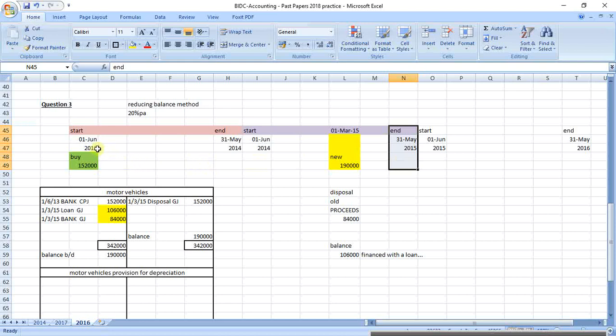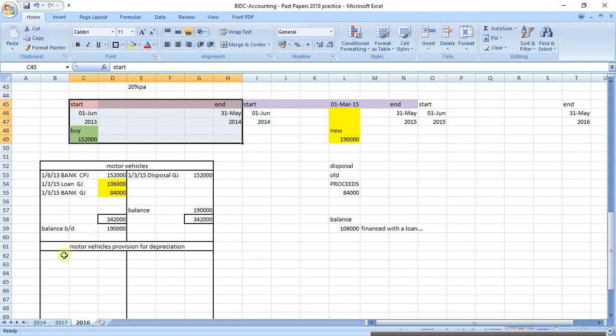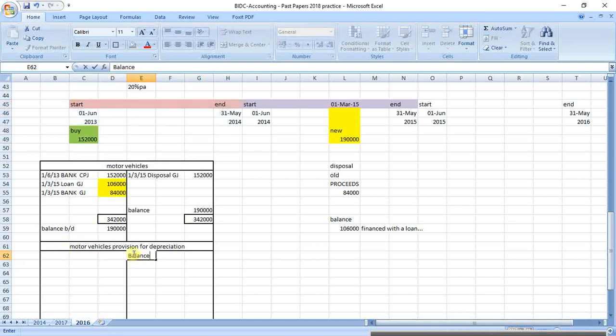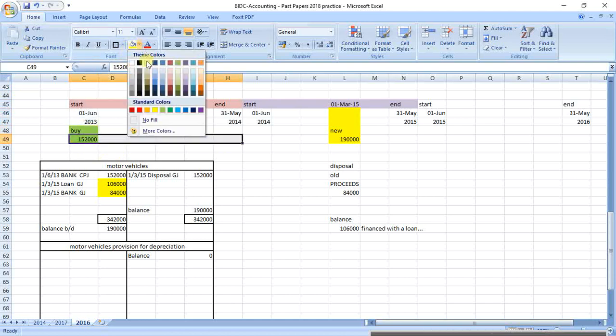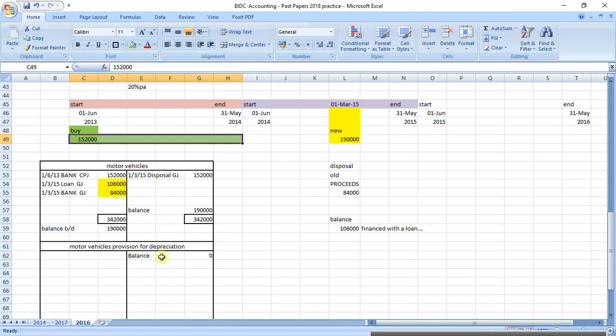Right, so what am I going to do? I'm going to process depreciation. Did I have any depreciation at the beginning of the year? No. So the balance would have been 0. Nothing to start with because that's the start of the financial year. Okay, how much did I have here? 152,000. Did I use that asset for the full year? Yes. So must I have depreciation for the full year? Yes. Okay, so